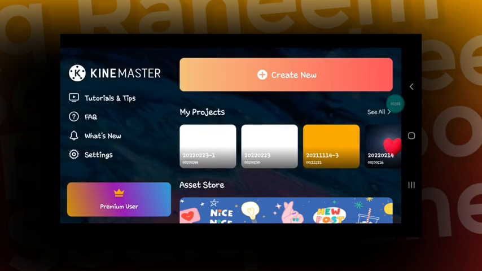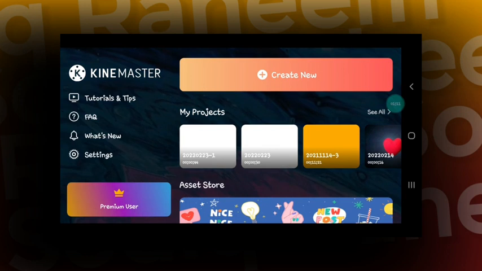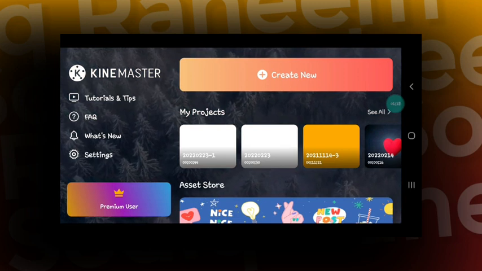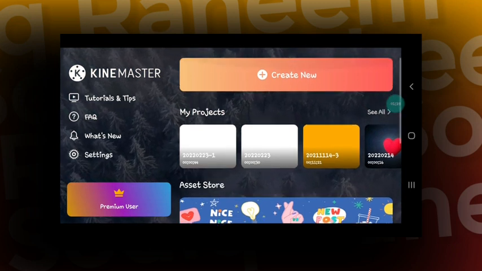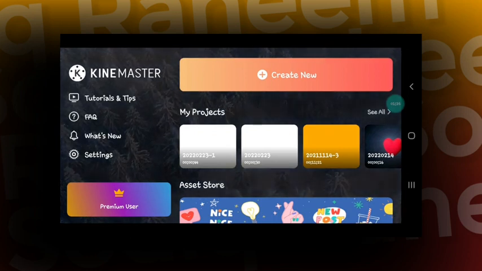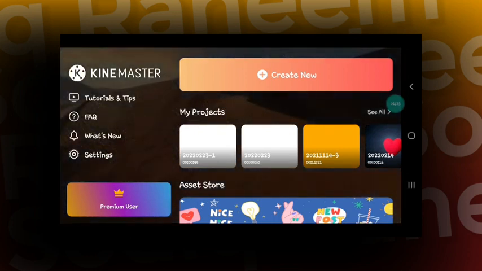Okay, so I discovered how you can do that on Kinemaster. It's not difficult at all. So let's just dive in. Let's say we want to create a video now on Kinemaster and we want to achieve the color code. All right, so first thing first,